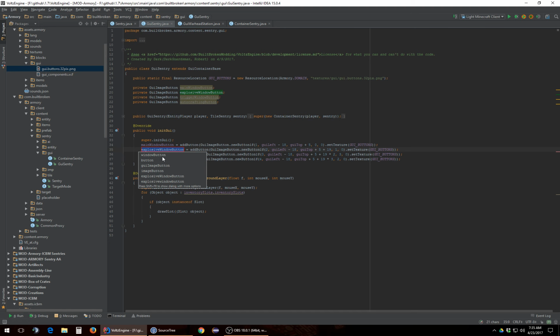We're going to need a permission screen. And we're going to need a targeting screen. So this is going to be